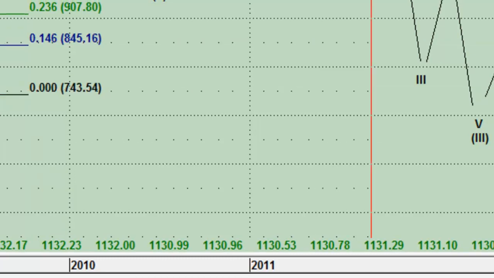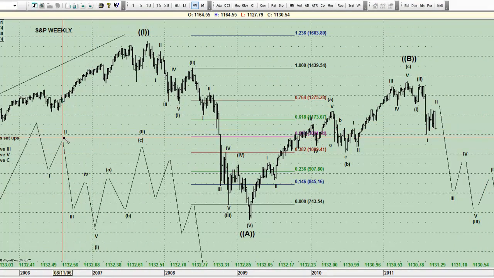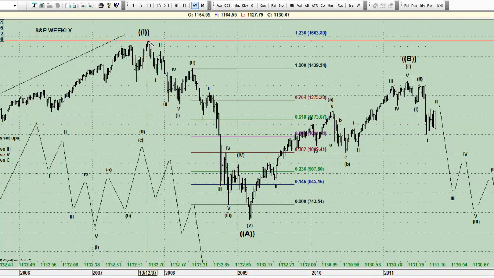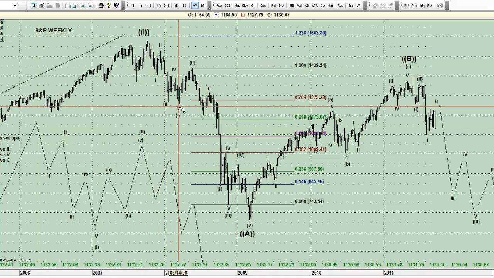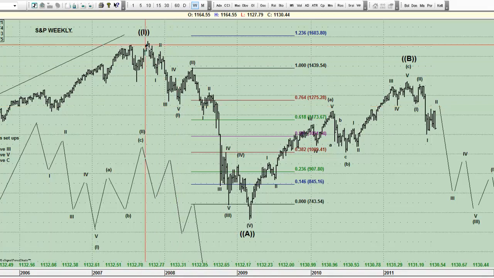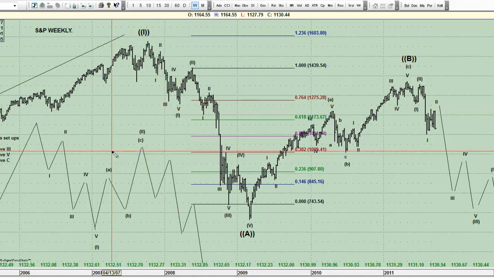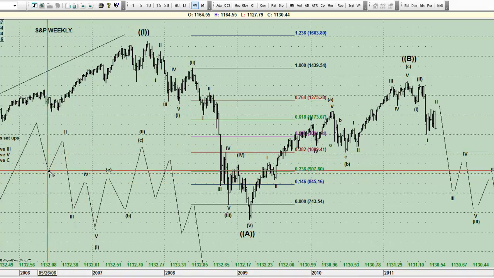Now, as a rule in Elliott Wave, one of the rules is that wave 2 does not pass the beginning of wave 1. That's why in this trade your stop is at the beginning of the previous 5-wave sequence. That's where your stop is. Now, another rule of the Elliott Wave principle is that wave 4 does not overlap with wave 1. Having said